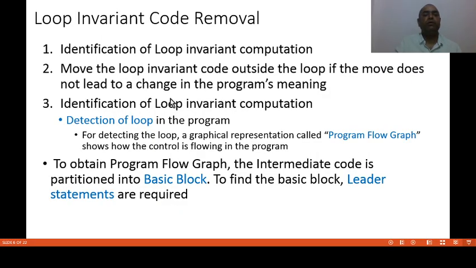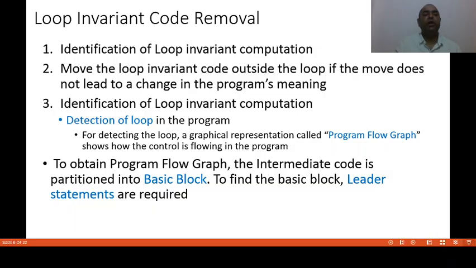Now we will focus on what is known as loop invariant code removal. Now, how to remove the loop invariant code from the loop? The steps that are required to remove the loop invariant code are identification of loop invariant computation inside the loop. That means the first task is what?